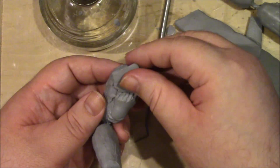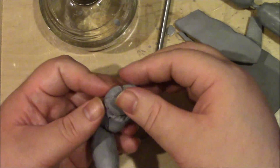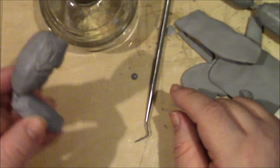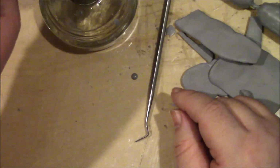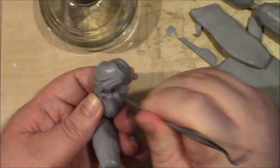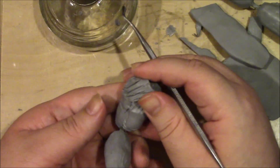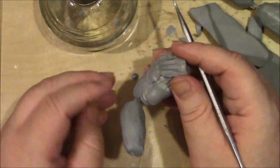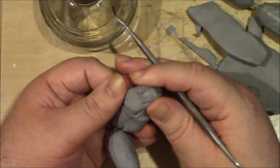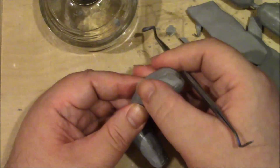I don't know, the human body, the amount of muscles and subtle forms on the human body, it's so intricate, so complex. There's so many muscles. There's so much detail. I mean, you can study human anatomy and try to memorize all the names of different muscles and what they look like and be able to recognize them. That's fine, but I'm not a doctor. I'm not a med student, so